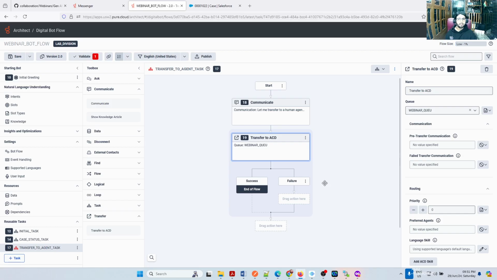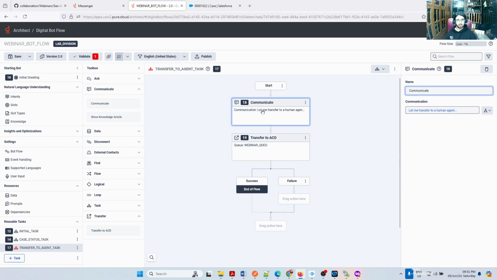AJ, in the communication part, along with the text, can we add animations also? I don't think so. There is a communication sequence builder that has a few more additional features. I didn't test it out, but if I click here, this will go into that. You need animation or images, right? Emojis, right? Emojis are possible, I guess. Like some moving image, kind of like the call getting transferred. Yeah. My answer is logically answering. I'm not 100% sure it will be possible, but I'll definitely come back with an answer. Okay.